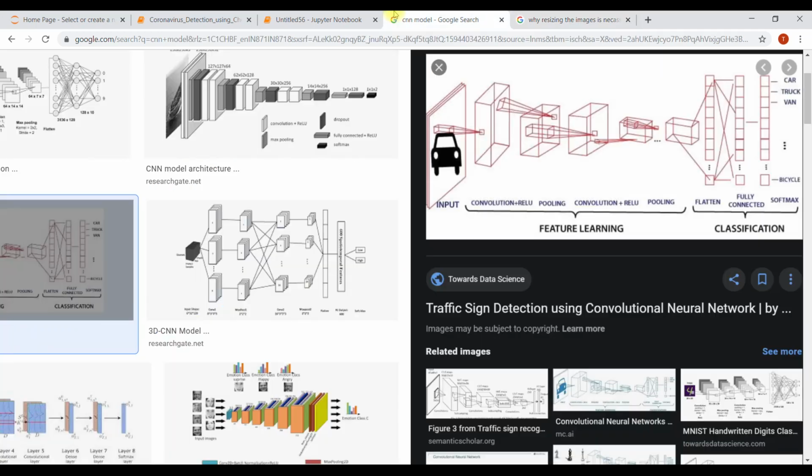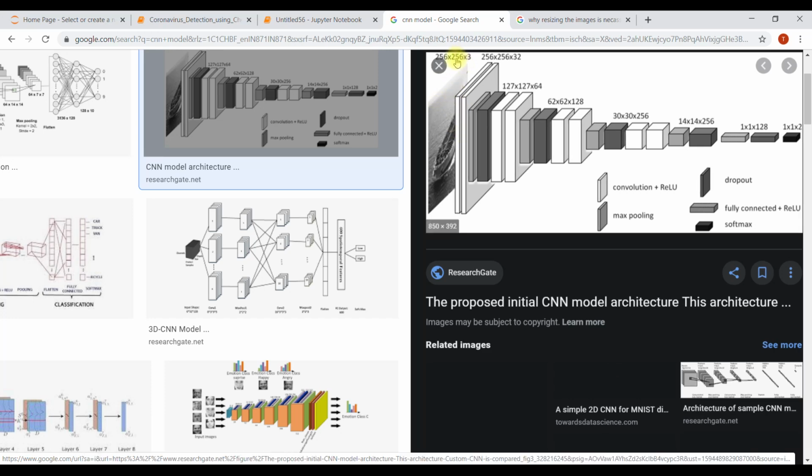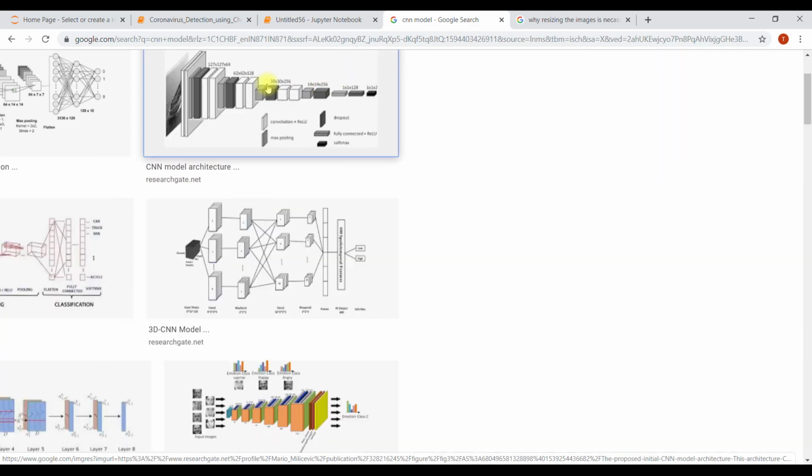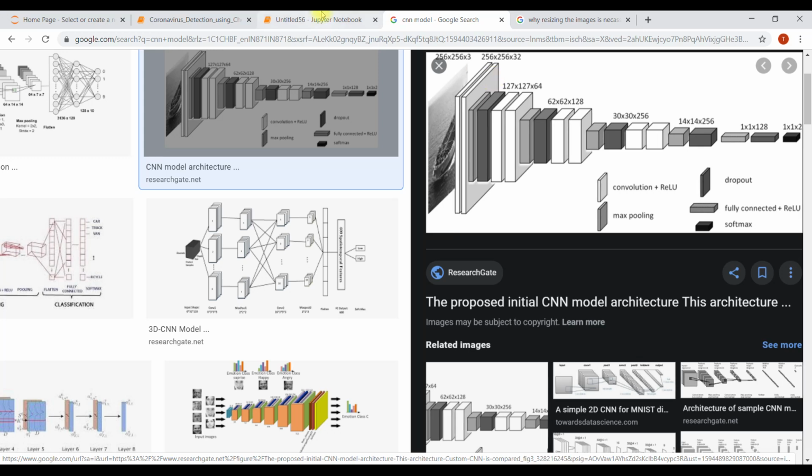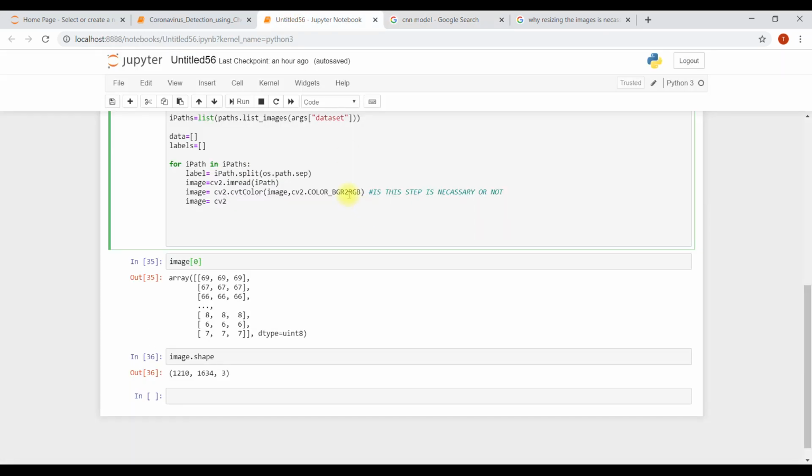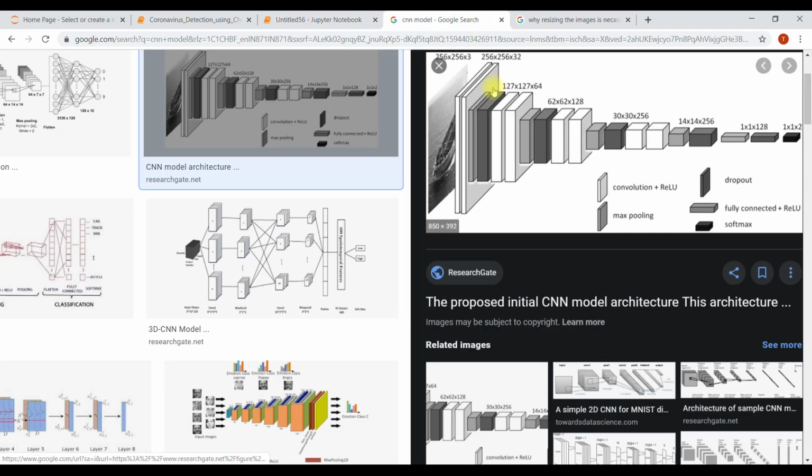So we are resizing it to 224 by 224 because it's a good size. You can do anything here. I have done projects on dogs versus cats classification with an 80 by 80 size. That was 80 by 80 by 1, a grayscale image. This is a colored image, so it's going to have 3 dimensions. You can experiment and learn in a much better way.